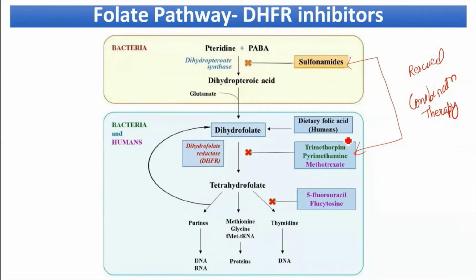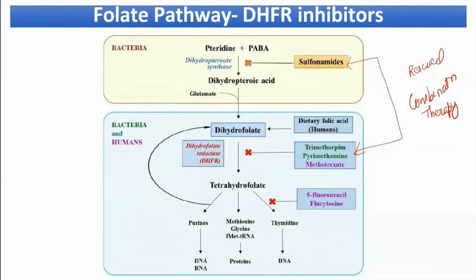That is normally done for your anti-infective therapy. And in the same way, if you are planning anti-cancer therapy, methotrexate is inhibiting DHFR, and you have 5-fluorouracil or flucytosine, which are inhibiting the thymidylate process. Given in combination, it will be a very severe anti-cancer agent. You can adjust the dose obviously, but then you can plan on giving them together so that you prevent the